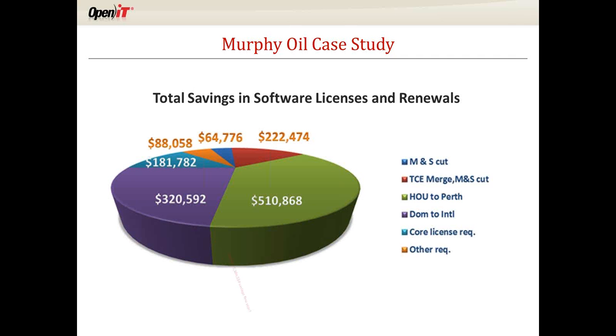So they went through that, and they have a documented first-year savings of $1.3 million. That's huge. So a $43,000 investment in the first year, they have a documented savings of $1.3 million. So we see this type of thing at all of our clients. The ROI depends on where you're at in the license negotiation, for example.